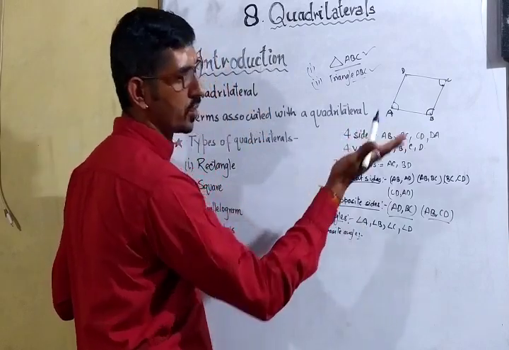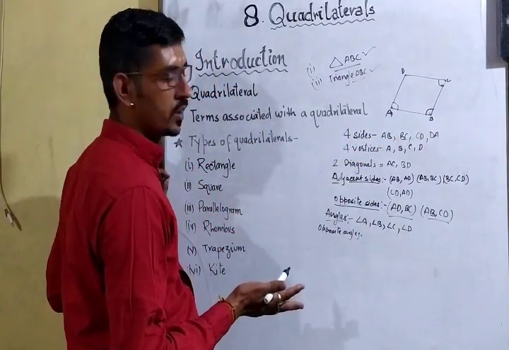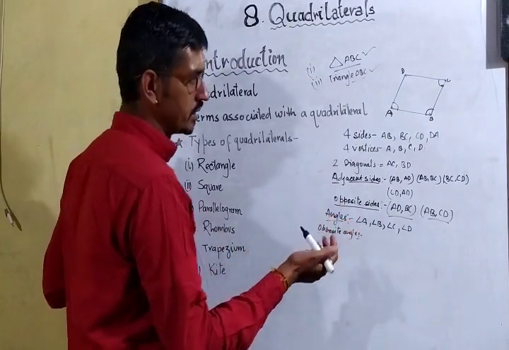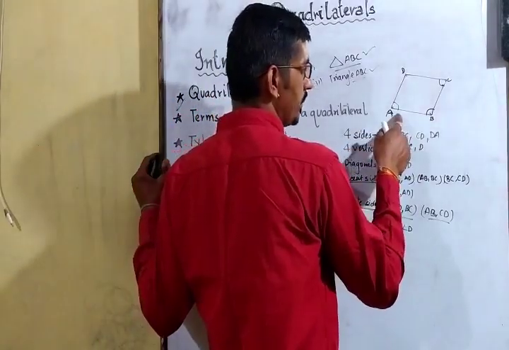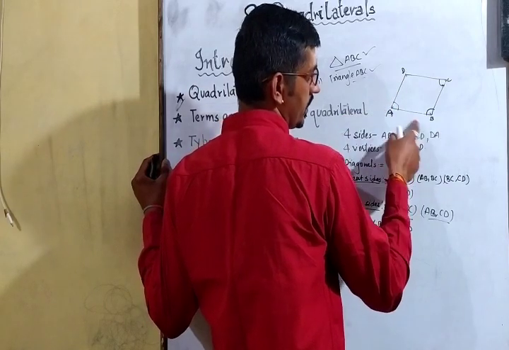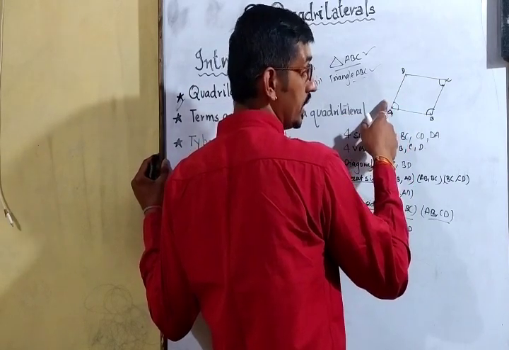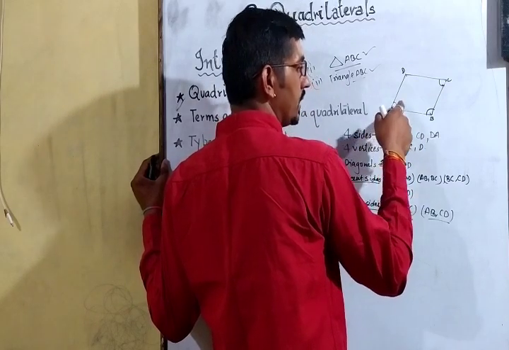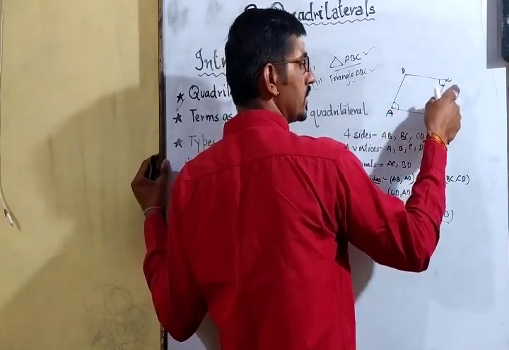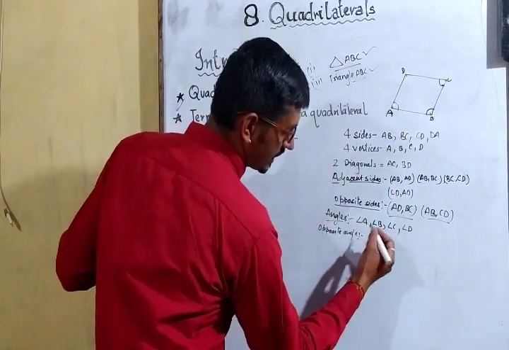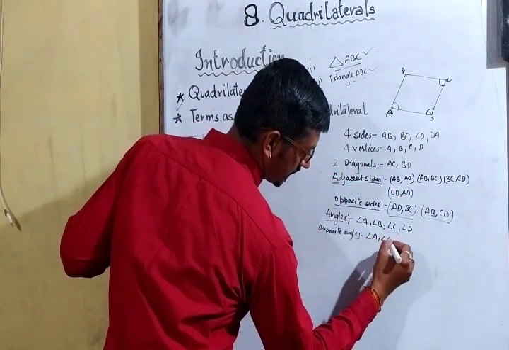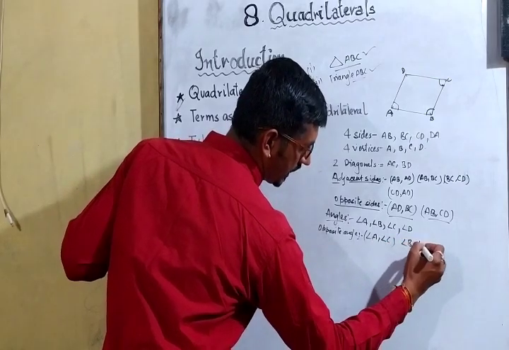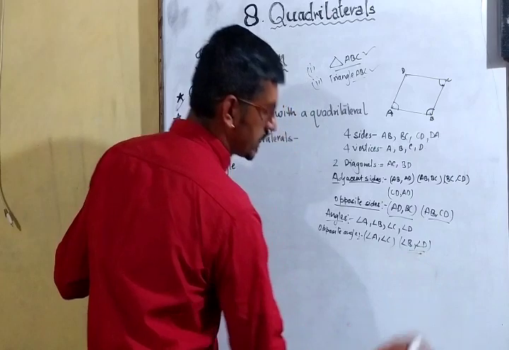Again same, with no common vertex. कोई लाइन सेगमेंट भी कोई कॉमन नहीं होनी चाहिए. They will be known as opposite angles. So here we can see कि AB and AD line is meeting at a common point A, and it is opposite to angle C. So what are opposite angles here? Angle A comma angle C are opposite to each other, and angle B comma angle D are opposite to each other.